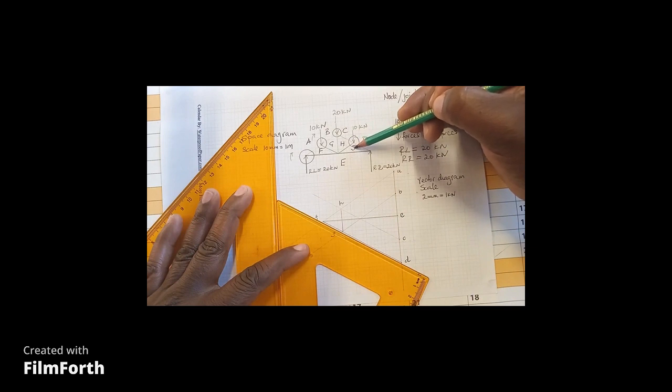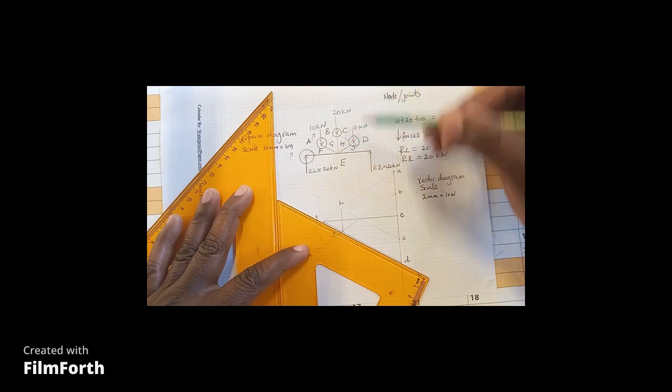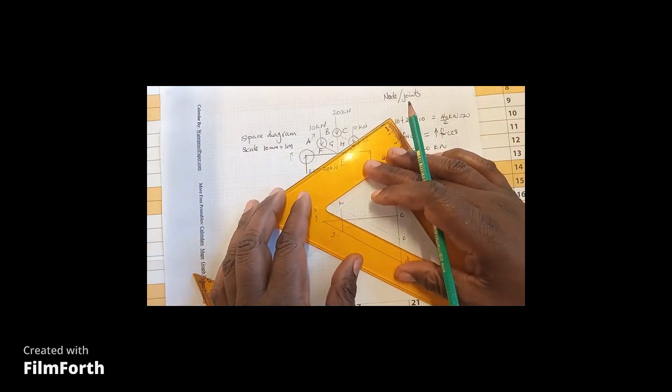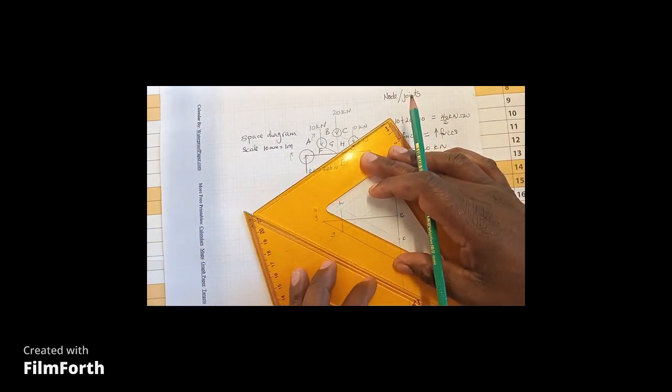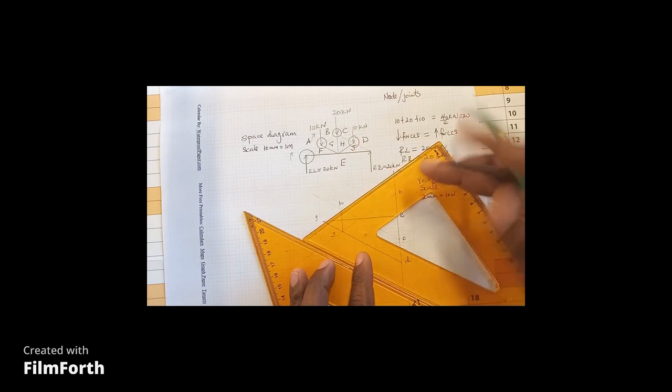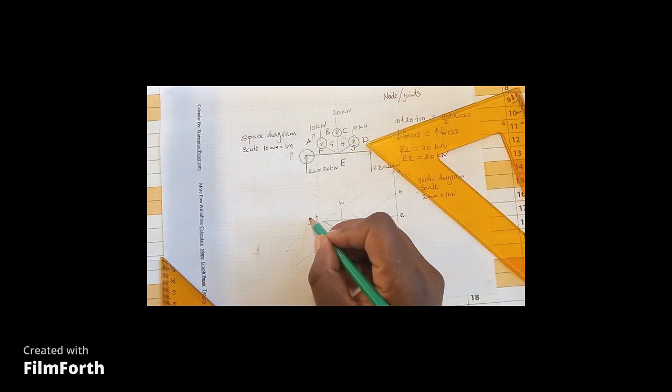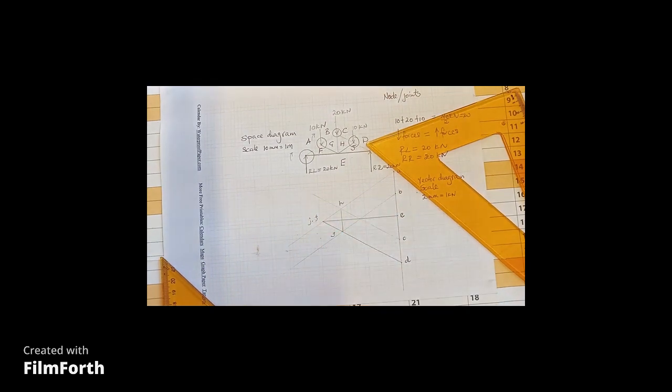But J and H, they will meet. Already I know my H is here. So if I bring this line, it will take me through straight from H and coming here. You realize that our J and H and F rather are on the same point. Our J and F are on the same point. So we are done with